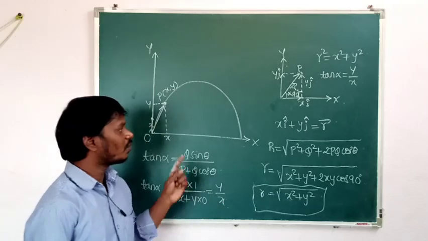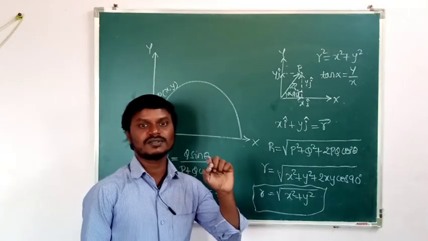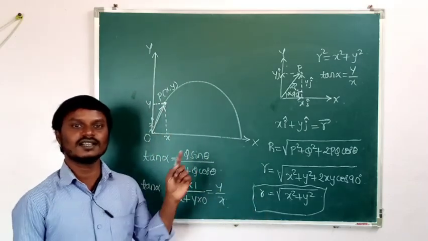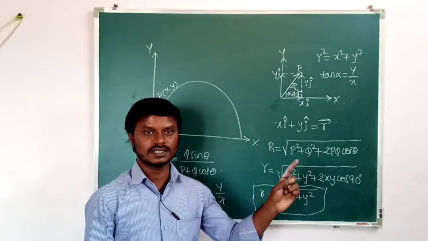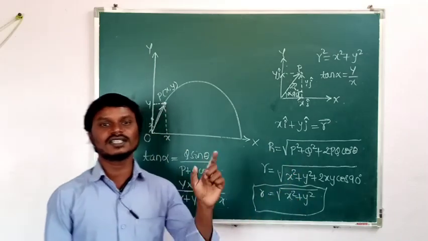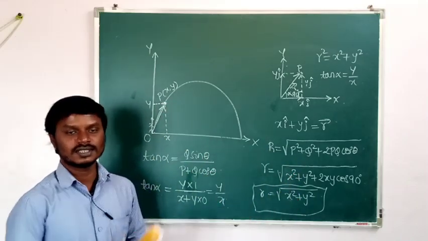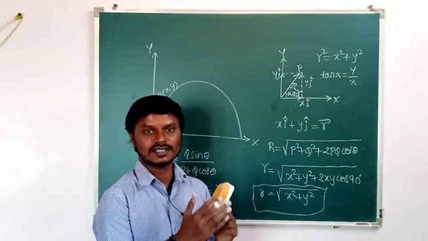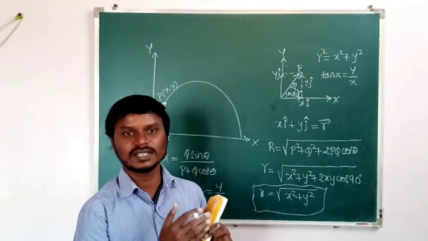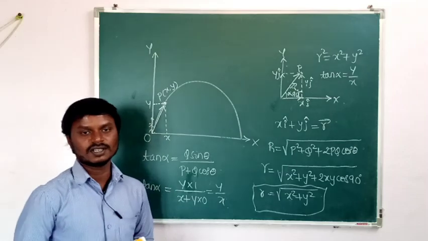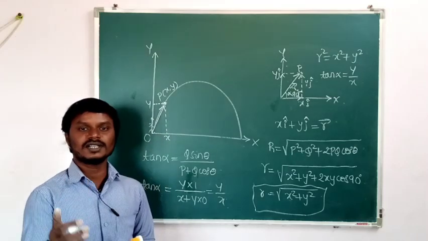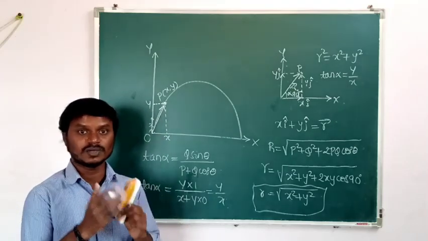So how to find the displacement vector in 1 dimension, that is delta x is equal to x2 minus of x1. In 1 dimension the displacement, how did you find it out? Delta x is equal to x2 minus of x1, final position minus initial position, or delta y is equal to y2 minus of y1. This comes in 1 dimension.